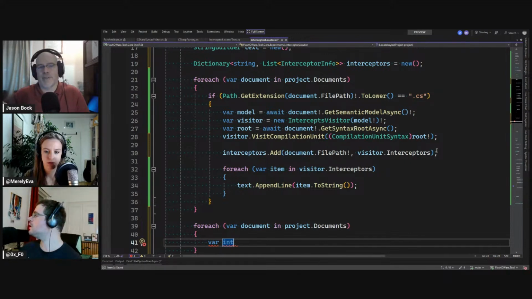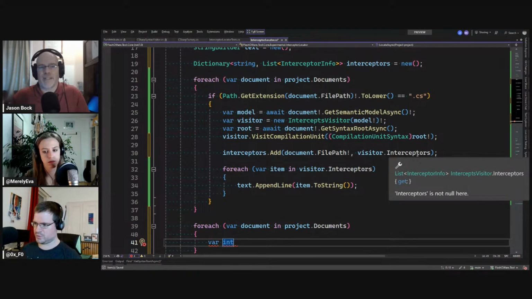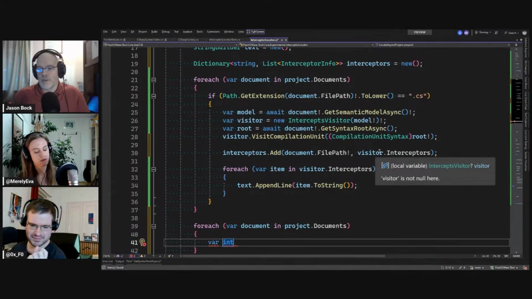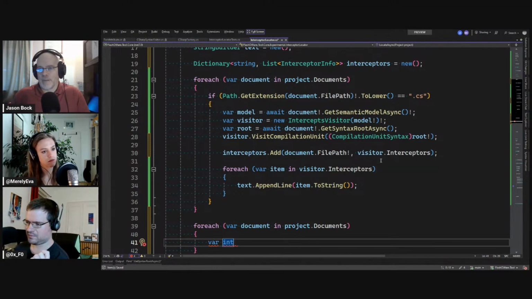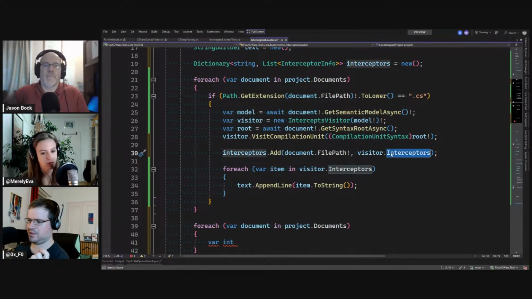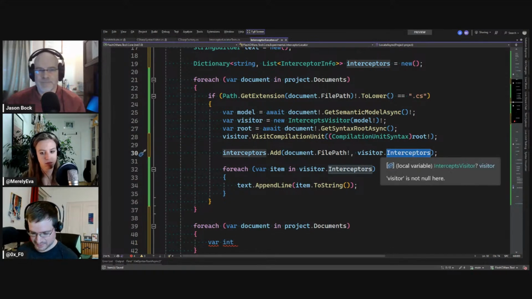So that's what I meant, the file that's in the interceptor info. Ooh, right. That's got to be the key. Right. And then all the values are basically all the locations. Oh, okay. We need some link for that.